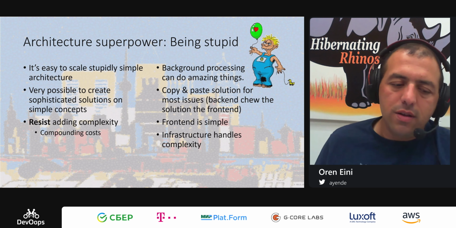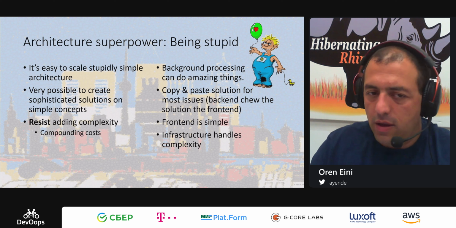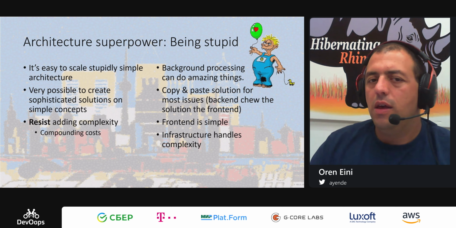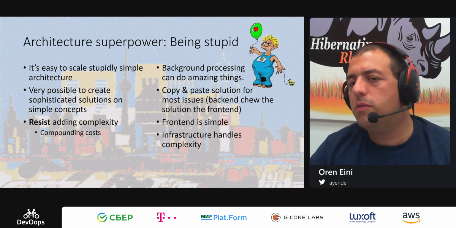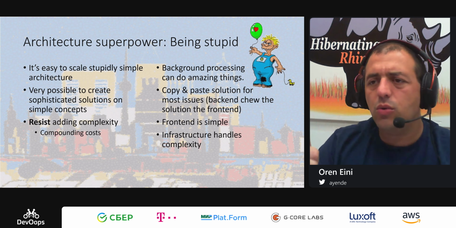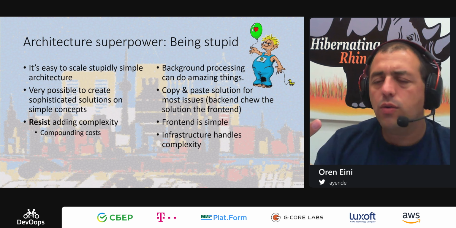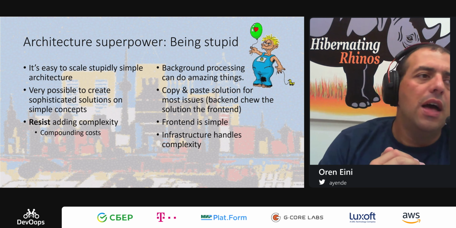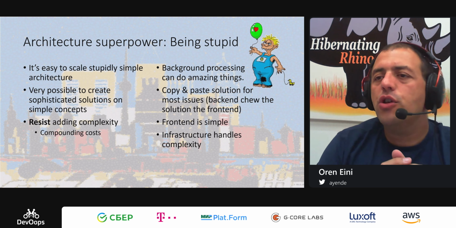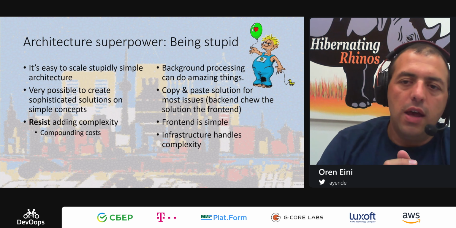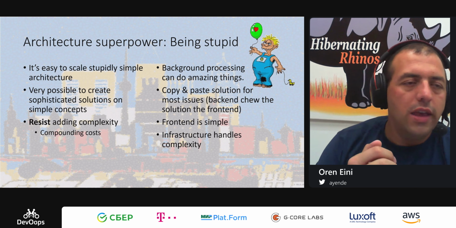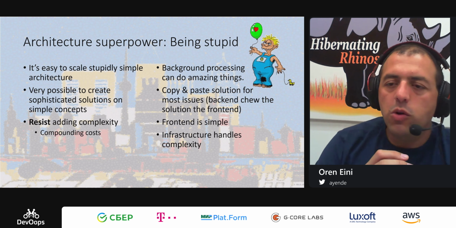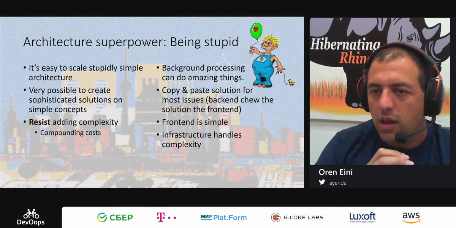And we have to resist adding any sort of complexity because any complexity would have a compounding cost. And I'm just basically throwing as much as possible to the background. Where I have the time to do that, I have the ability to do more interesting things. I have the ability to choose, okay, this processor is doing, I don't know, image manipulation things. I'm going to use this C++ library for that, here I'm going to use Python for quick scripting and integration between multiple third party and stuff like that.